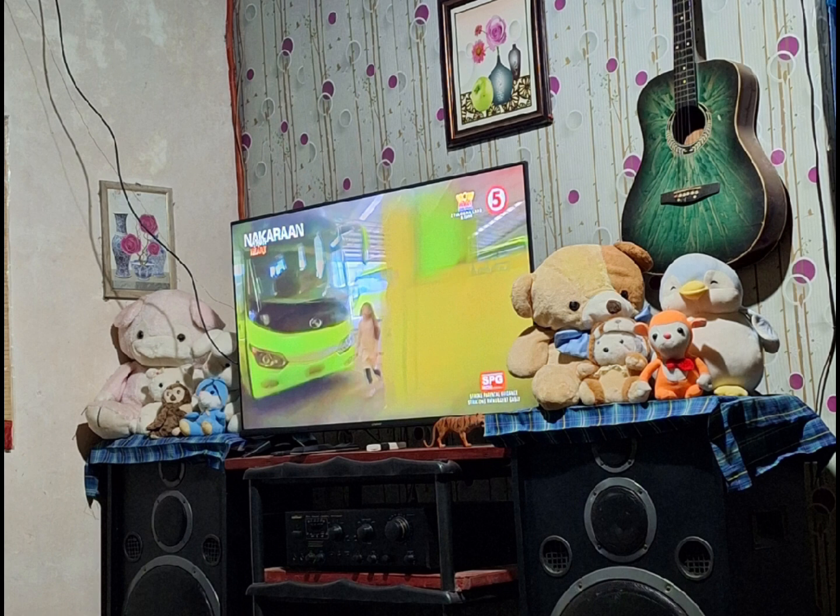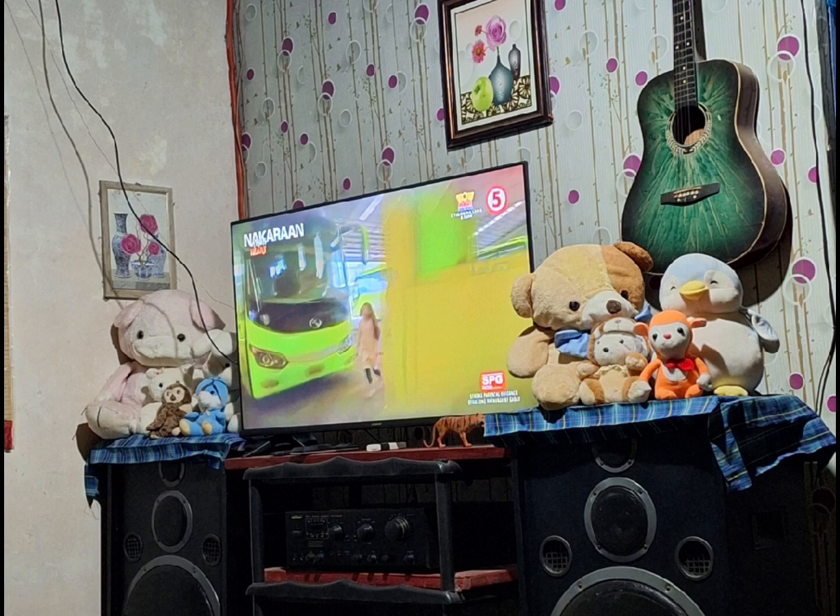The color, which are the vibrant colors of the wallpaper, stuffed animals, and guitar, contrast with the neutral tones of the walls and furniture, creating a visually appealing and energetic scene. The light, the artificial light source, illuminates the scene, highlighting the texture of the furniture and the details of the objects. This photograph offers a glimpse into a cozy living space.